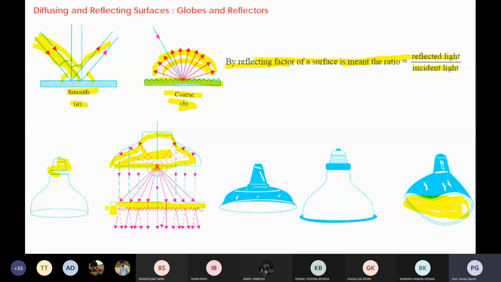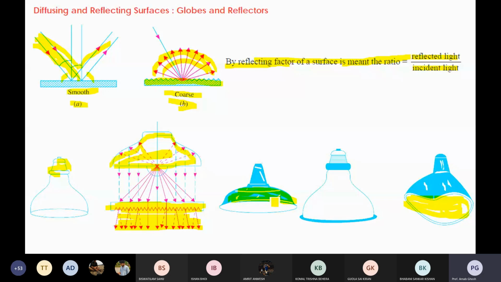In both cases you know that reflectors are there. Here it is transparent, so the light is not coming back, it is passing through that surface. Transparent surface. Here the reflectors are there throughout the surface, so light comes, there is no transparent part, so all the light comes back. The same type of concept applies to other lights. Here some angles are there, so due to the angles the light distribution will be different. So there are some applications, and that's why this type of configuration is considered for industrial use.